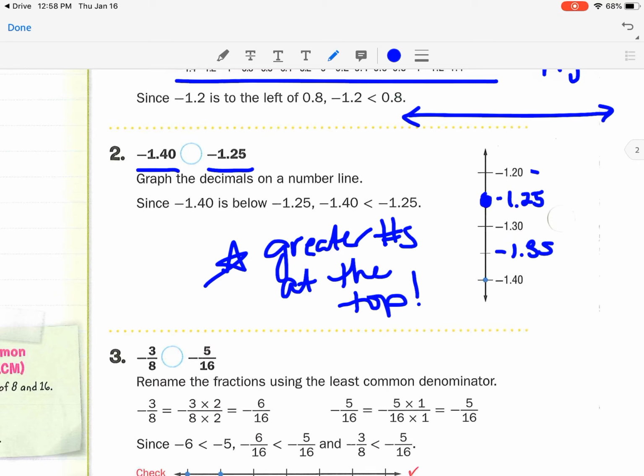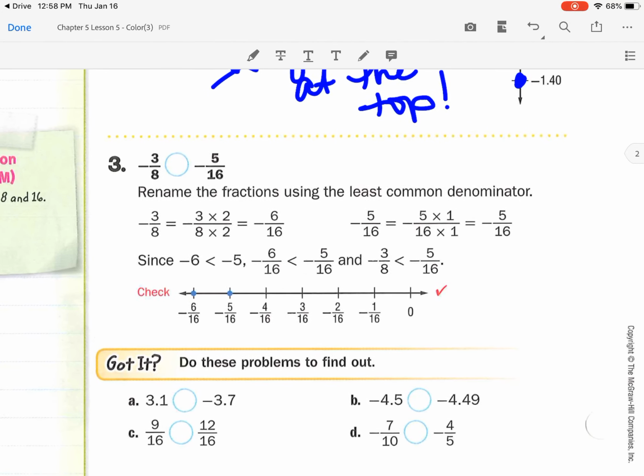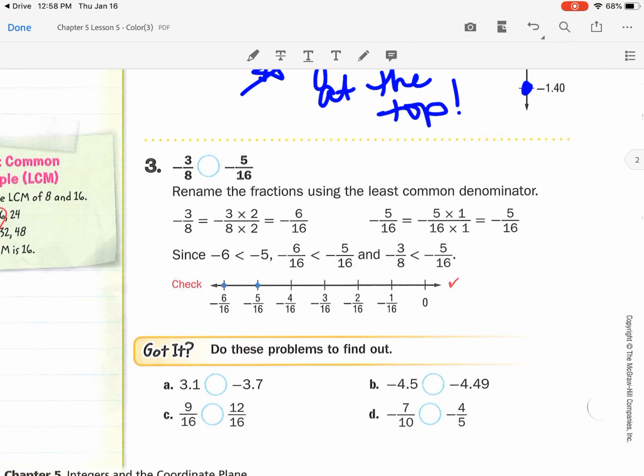So they're graphing negative 1 and 25 hundredths, and they're plotting negative 1 and 40 hundredths. So if I know that the greater number is up at top, then I know that the alligator is going to eat the bigger number, meaning that negative 1 and 40 hundredths is less than negative 1 and 25 hundredths. Okay. All right, the next thing that we might look at when we're comparing is